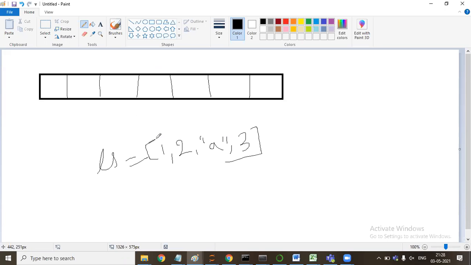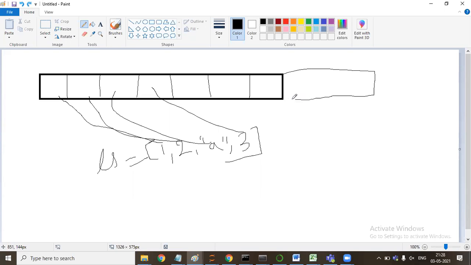Now this will require sequential memory: 1 will go here, 2 will go here, A will go here, and 3 will go here. Now these 3 spaces are left. Let's say in these 3 spaces we have an allocation something like this as well. And now you make another list, and this space is filled with, say, 5, this with 4, this with 8.